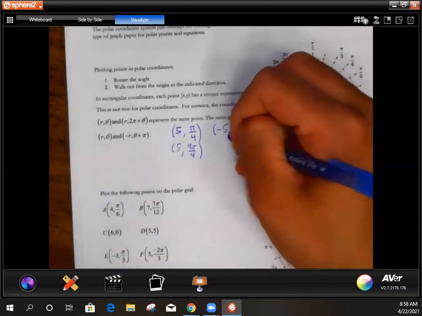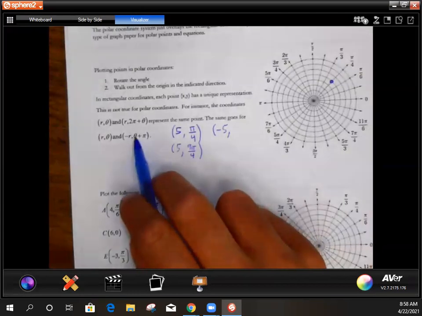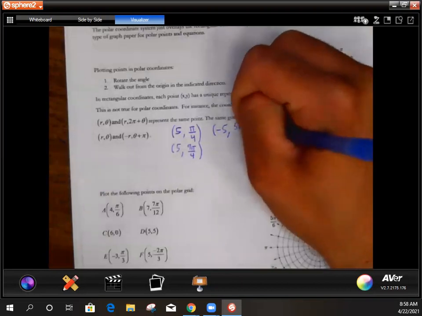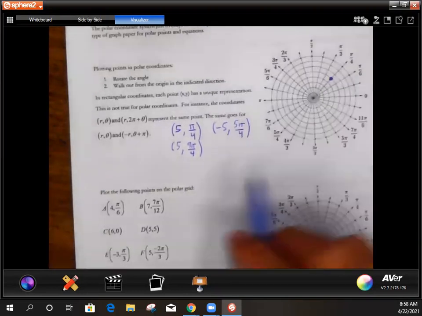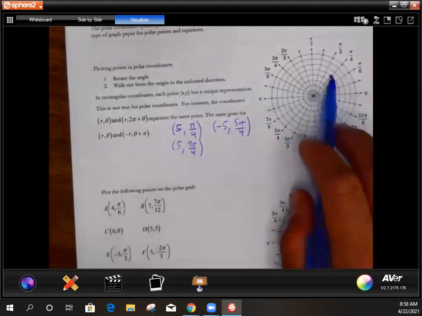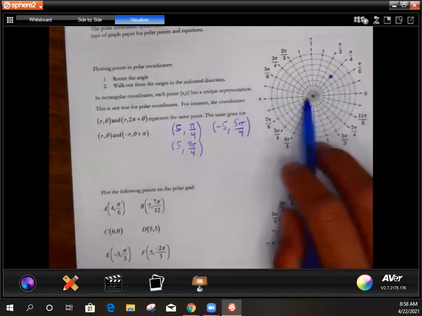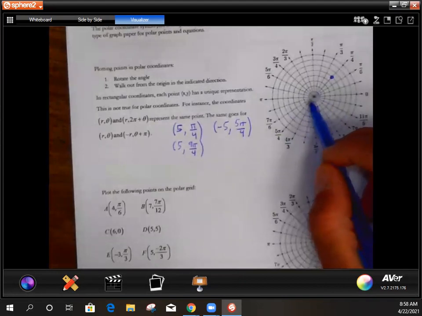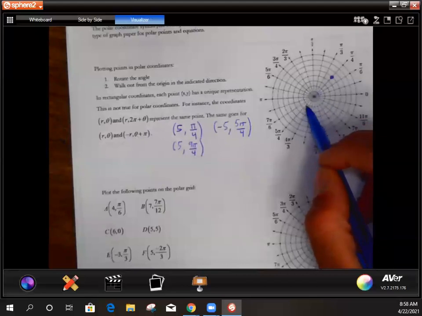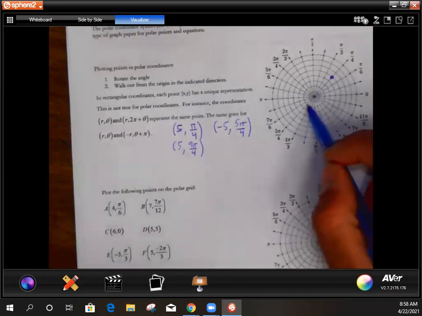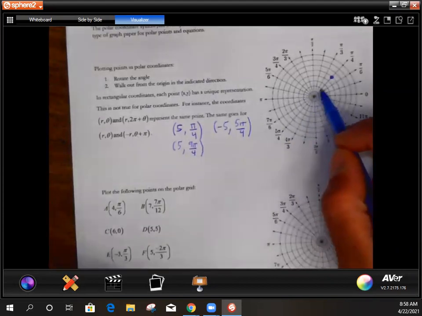You could also do (-5, θ + π/4). So that would be 5π/4. All right, because -5 just means we're going to go in the other direction. So this point also has this location because we would start on the positive x-axis and move 5π/4. So that's π plus π/4. So here, instead of moving 5 towards that angle, we're going to move -5 away from that